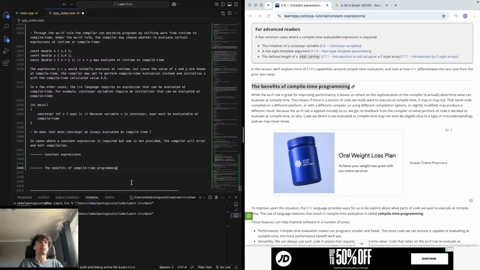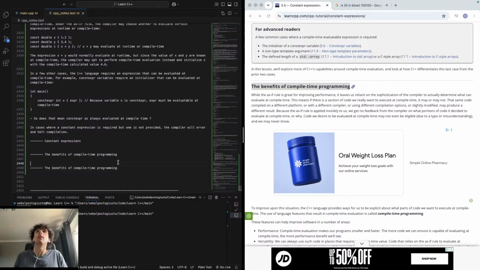So, the benefits of compile time programming. While the as-if rule is great for improving performance, it leaves us relying on a sophisticated compiler. This means any section of the code we want compiled at compile time may or may not be. The same code compiled on a different compiler,